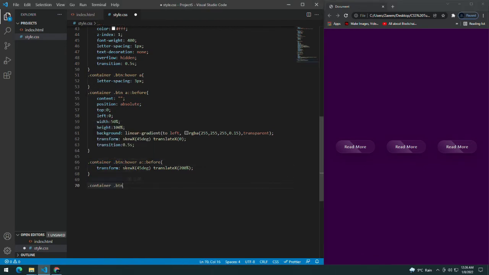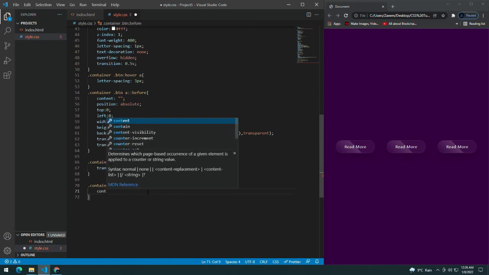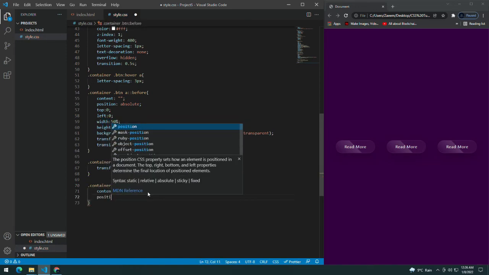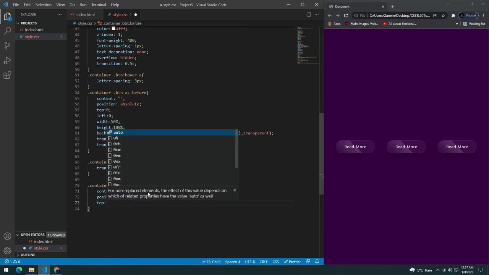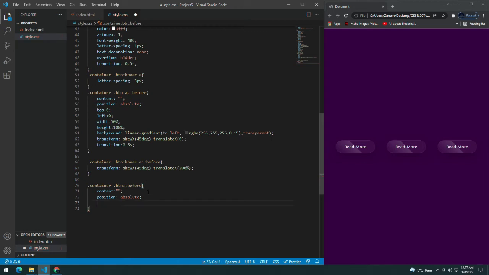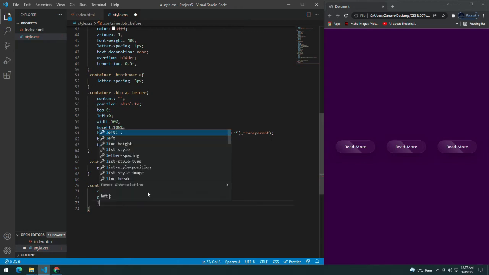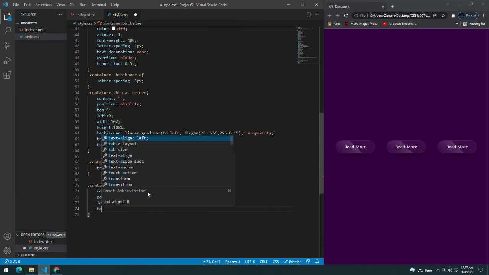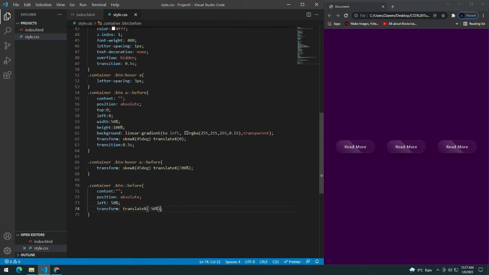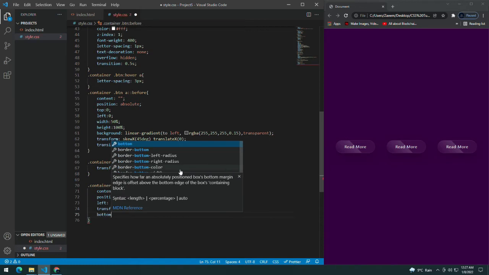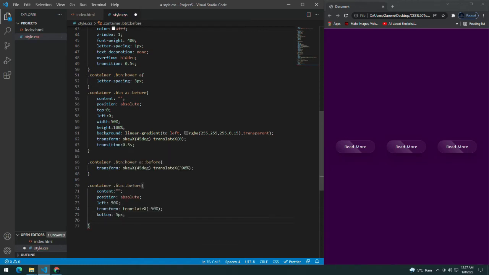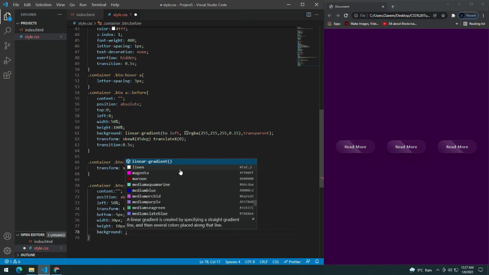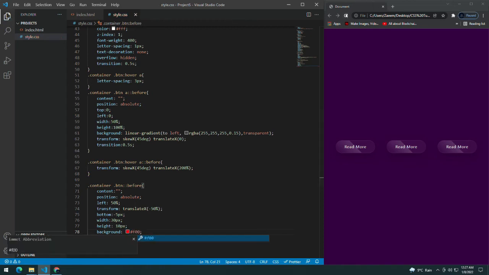Now let's copy the button and container and give it a before, and for the content it should be empty, for the position it should be absolute, a left of 50%, a transform of translate X minus 50%, and a bottom of minus 5 pixels, a width of 30 pixels, a height of 10 pixels, and a background of #F00.